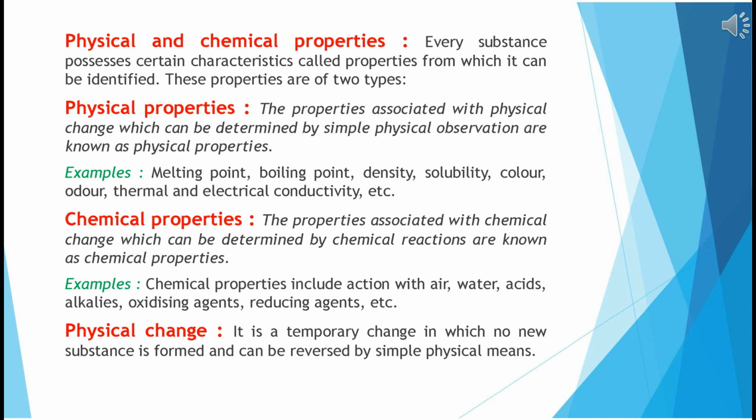And then oxidizing agent and reducing agent. All of you know very well what oxidation and reduction are. Oxidation is loss of electrons and reduction is gain of electrons. So what is an oxidizing agent? The agent which takes electrons from elements or compounds is known as an oxidizing agent, and the agent which gives electrons to the element or the compound is known as the reducing agent. So these are the new terms. All of you have to know these terms.